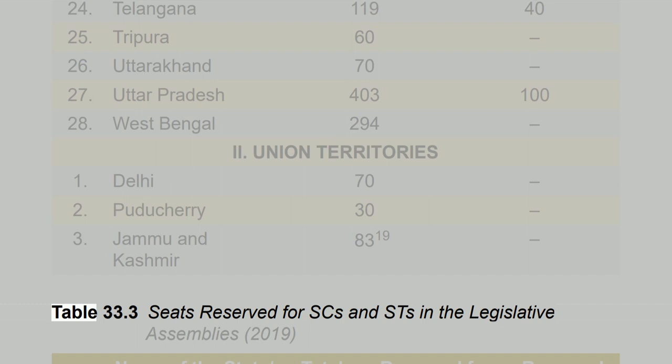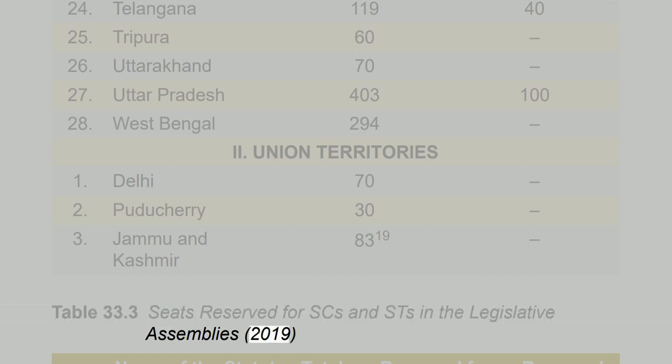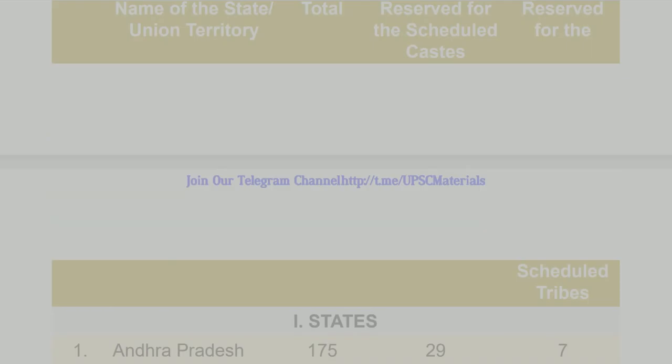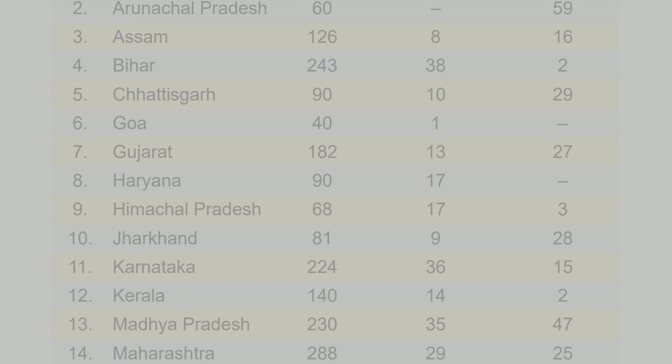Table 33.3 Seats reserved for SCs and STs in the Legislative Assemblies, 2019. Name of the state/union territory, total, reserved for the Scheduled Castes, reserved for the Scheduled Tribes. I. States: 1. Andhra Pradesh 175, 29, 7; 2. Arunachal Pradesh 60, 59; 3. Assam 126, 8, 16; 4. Bihar 243, 38, 2; 5. Chhattisgarh 90, 10, 29;